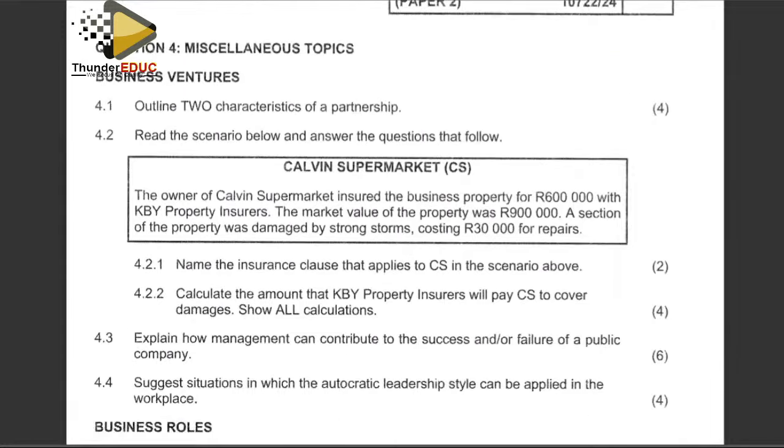Question 4 is in line with miscellaneous topics: business ventures and business roles. Let's check what question 4 has in store for us. 4.1: outline 2 characteristics of a partnership. Profit under partnership is shared according to partnership agreement, and also no legal requirements regarding the name of the business. We are saying that under partnership, profits